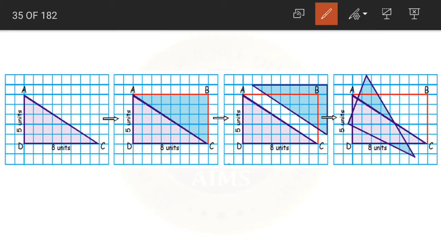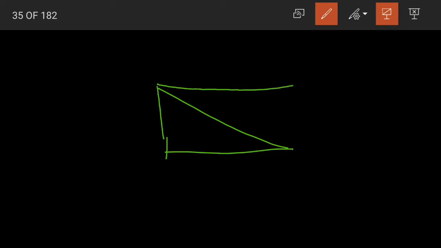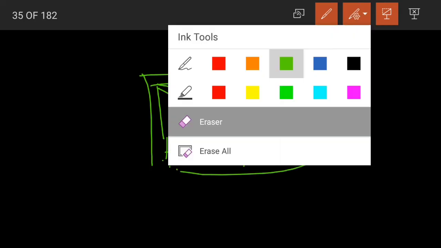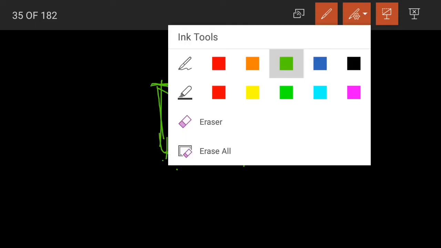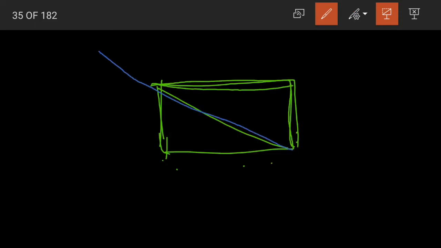Now this is an activity that you can do. If you are not able to understand here, take a piece of paper and draw a triangle like this. Understood? Now again complete this triangle into a rectangle like this. Now after drawing the rectangle, cut out this rectangle part from the paper. Understood? What should we do? First draw a triangle, then make it into a rectangle, cut out the rectangle part, and then cut in the middle. Here you are seeing this line, right? Now cut along the line.